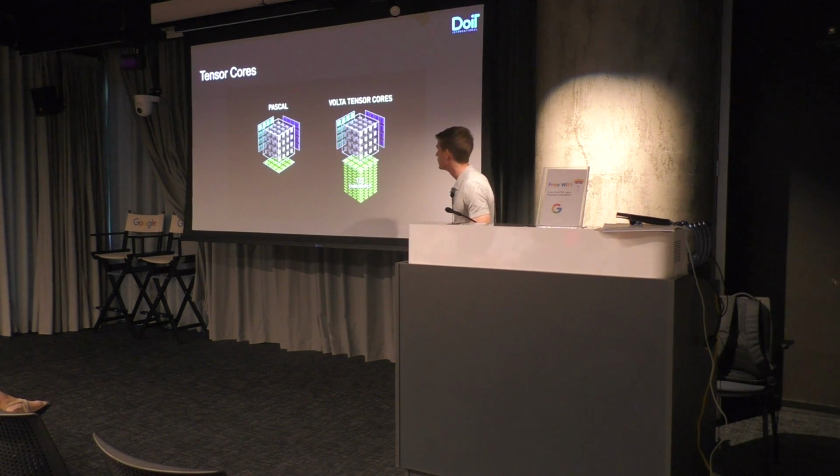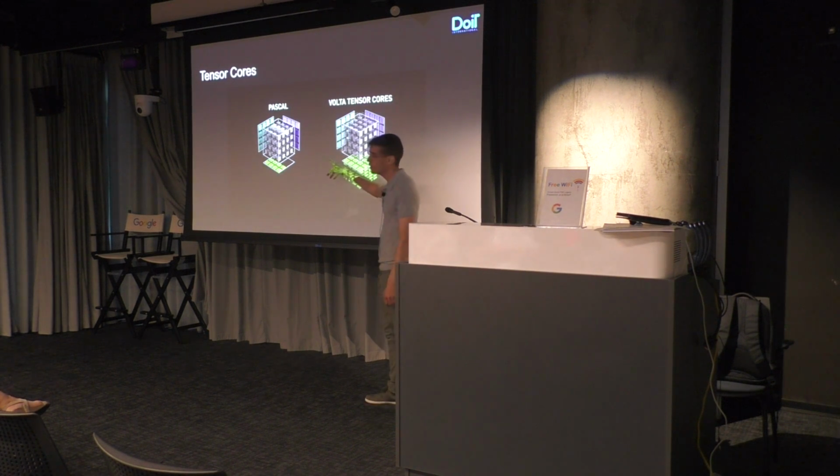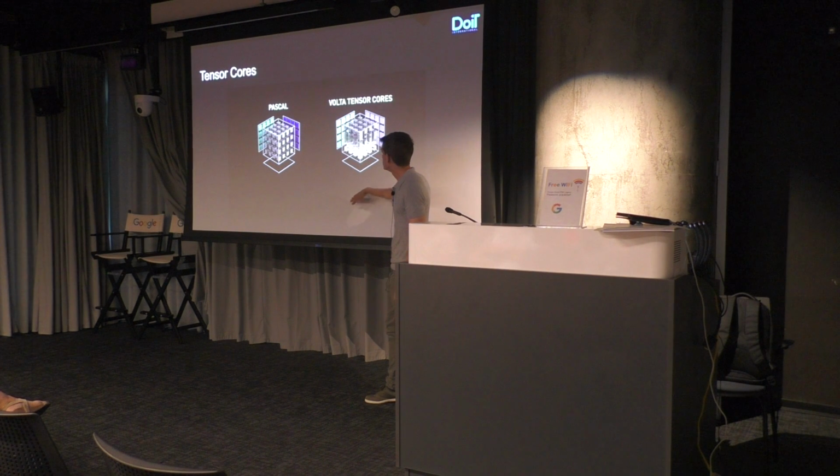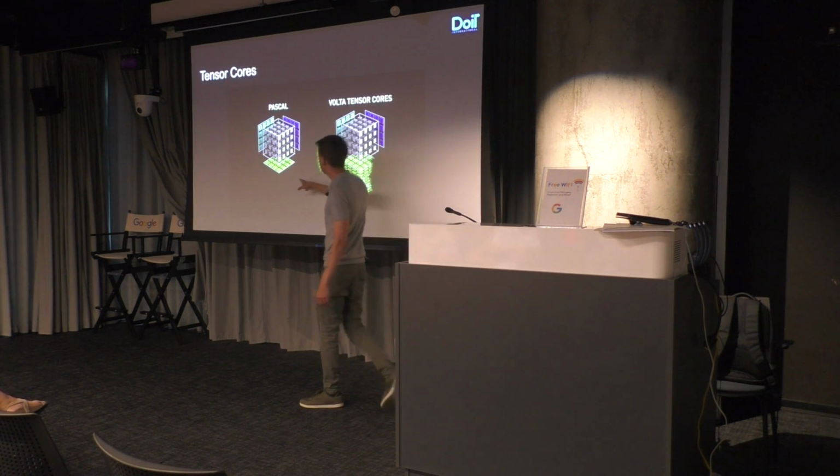What are Tensor Cores? Basically, they're registers on the GPU that are able to perform 4x4 matrix multiplication and some addition. So it multiplies 4x4 matrices and then adds them, and that's all in a single clock, as opposed to the previous architecture,